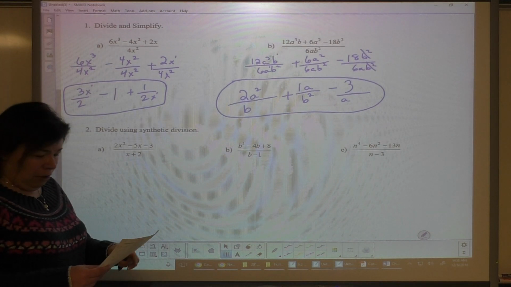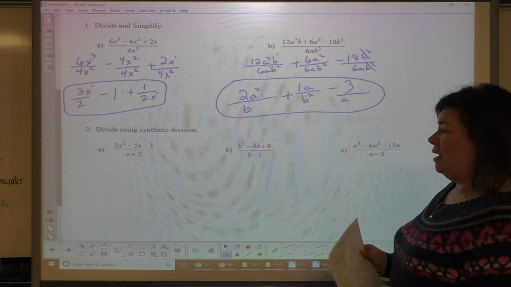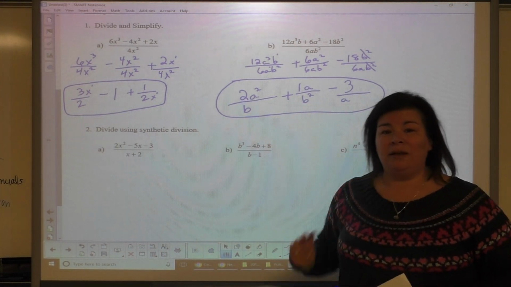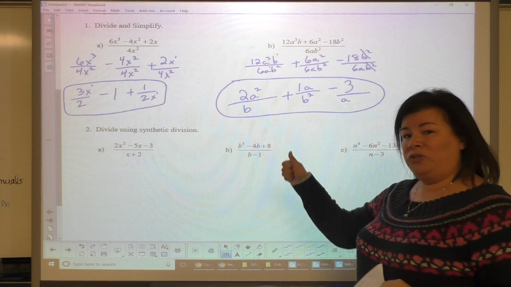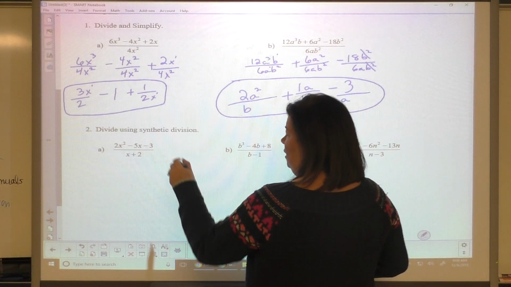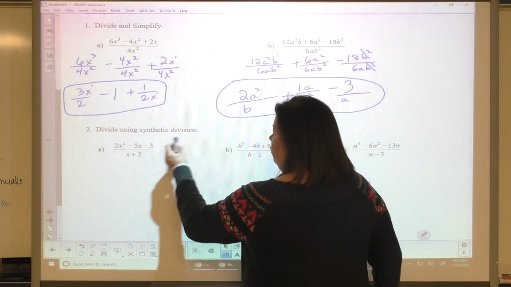And now what I want to do is introduce synthetic division. Well, the nice thing about synthetic division, I think you're actually going to like this. There's 2 rules we have to follow. Synthetic division is like a shortcut in that we only can use it